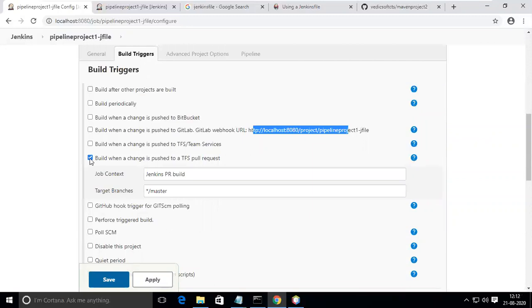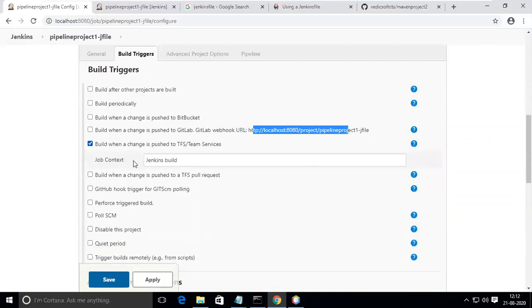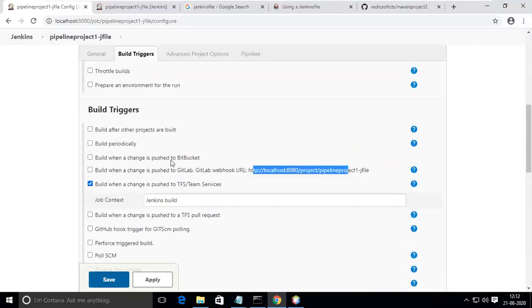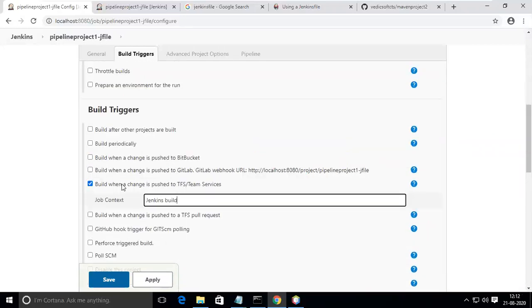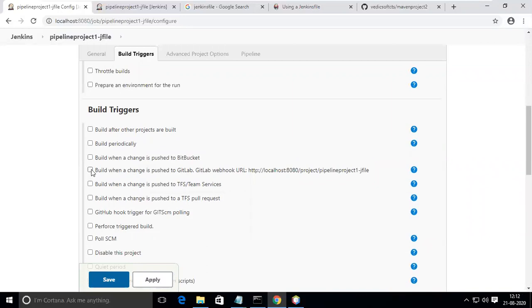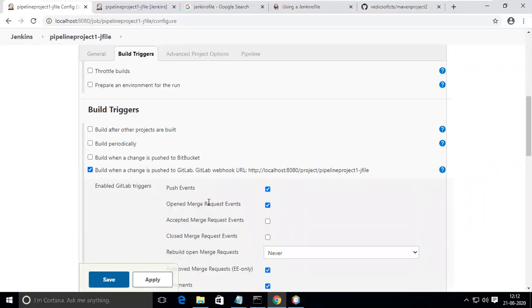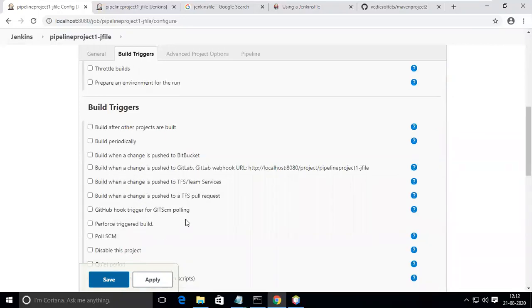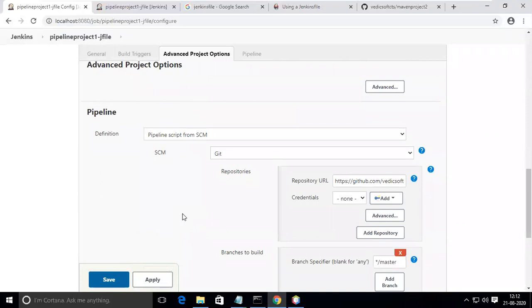This is a TFS build. This is also TFS related. So this is our Git. This is GitLab, push to GitLab, changes in GitLab. Ours is GitHub, right? So then we have to use Git or GitHub.